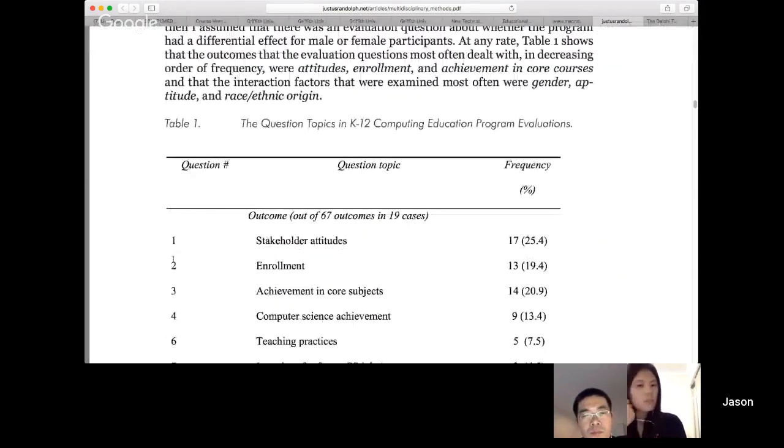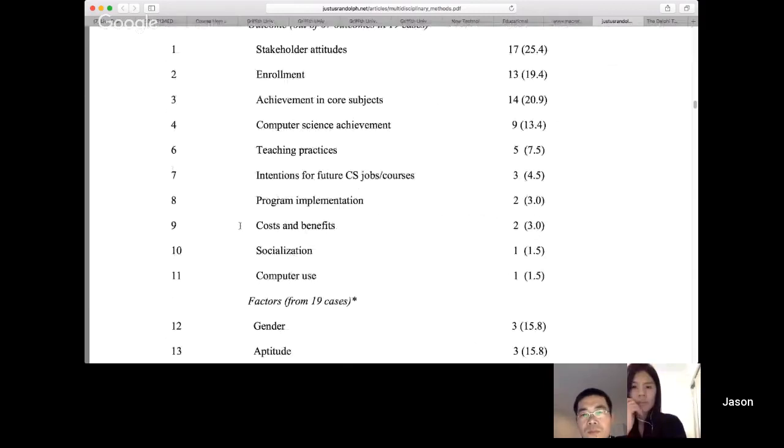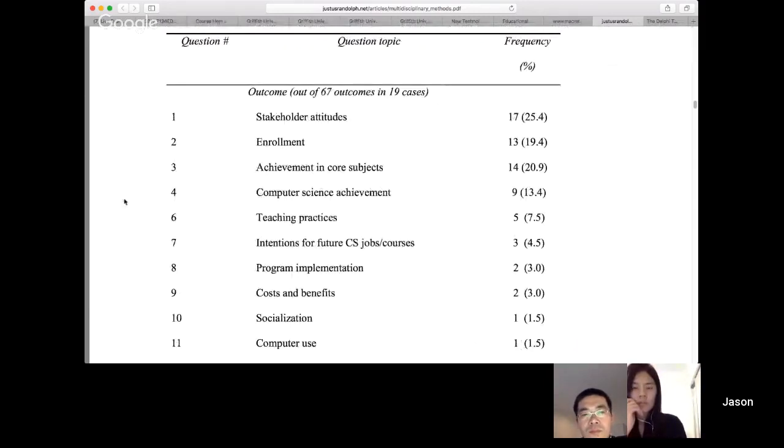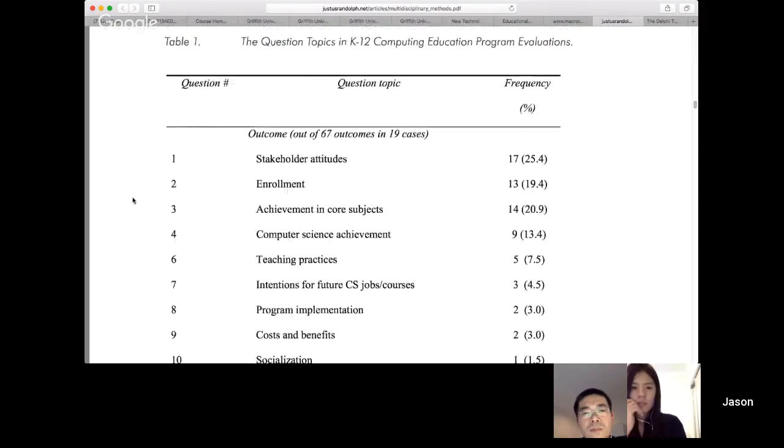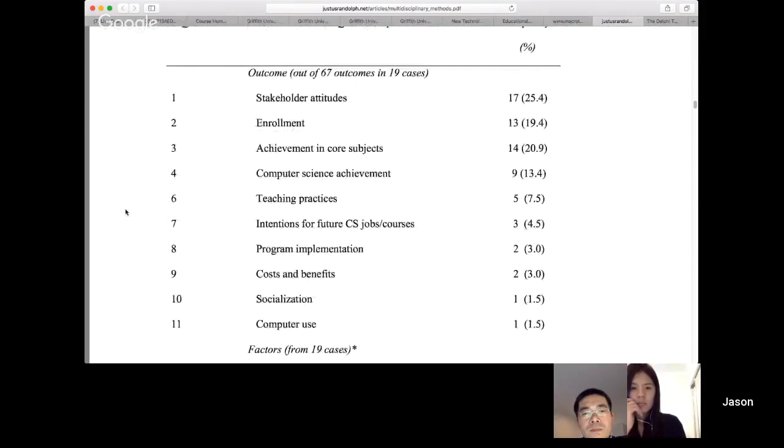Okay, lots of different questions can be asked around the use of educational technology. These are a summary of all the different ones done, and this is what's called a meta-analysis. This is looking at a whole lot of studies and the sorts of questions those studies were trying to answer. So stakeholder attitudes would be things like, did the students enjoy using that technology? Did the teachers enjoy using it? Did it help teachers with their process and so forth? Did it improve enrollments in courses? Did it make students more likely to do the courses where those educational technologies were being used?